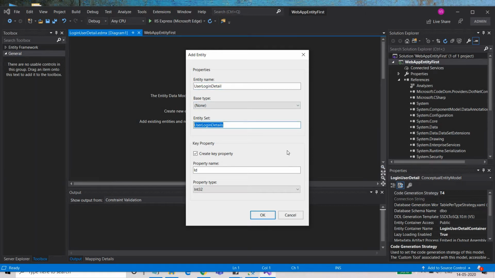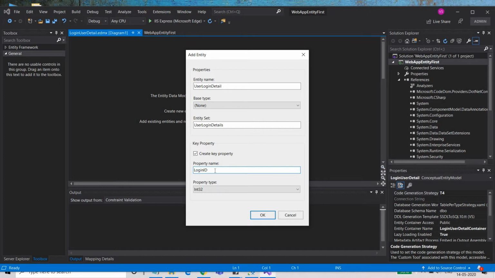An entity set represents the entire table, and that's why when it creates an entity set name, it adds an s at the end to represent the set of entities, which is a table. So whenever you create a table in the database, whatever database you choose, it will create a new table with this name, user login details, in the selected database, right? Here I'm going to provide the property name.